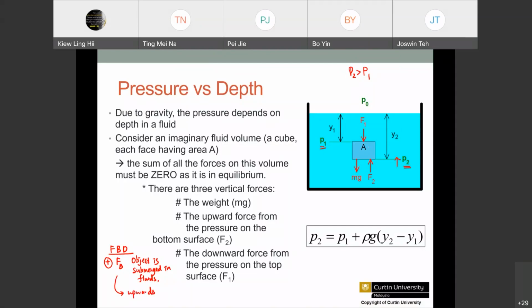Apply on an object when the object is submerged in fluids. So remember, when you have an object, if you throw it inside the water, when it is dealing with fluids, immediately you draw an upward force for the buoyant force. And since the object has a mass, you must also include weight. So these are the two types of forces that involve an object submerged in fluids, or we say submerged in water. This is also explained by Archimedes' principle.